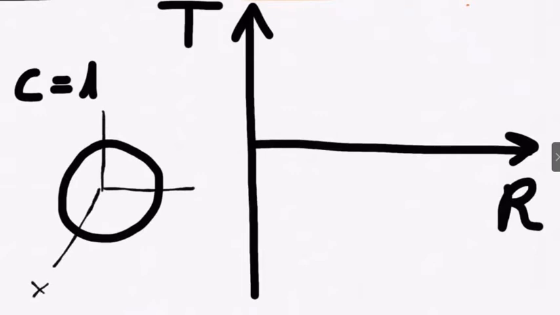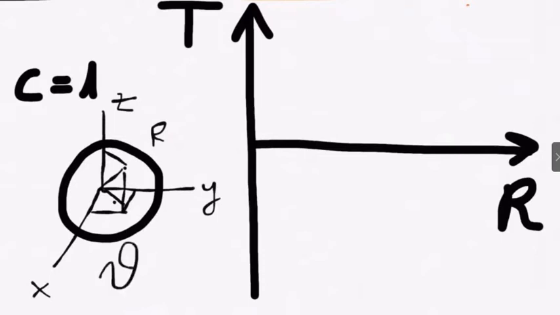So we have x, y, z, and any point on that sphere is described by a vector of length, or modulus, r with projection on these axes like this. So that we have 2 angles, theta and phi, describing your point in a unique way, which is this one here. Okay,